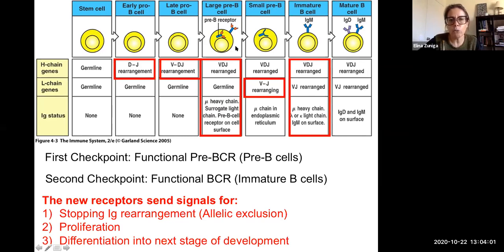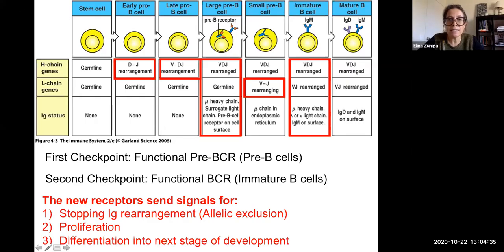Basically, you want to stop the rearrangement of the other copy of the immunoglobulin heavy chain, or other copies of the immunoglobulin light chain. And again, that makes sense because we want just one specificity in each developing B cell. The second outcome is the induction of proliferation, and that also makes sense because if the